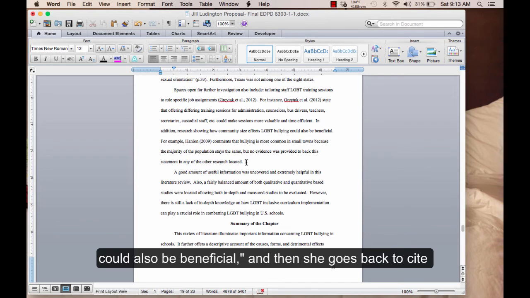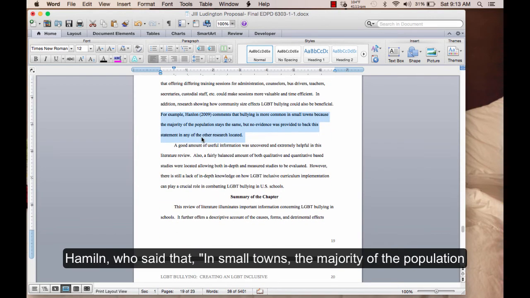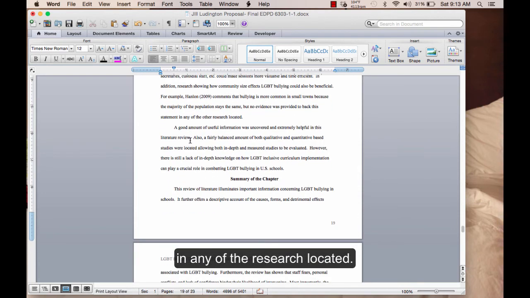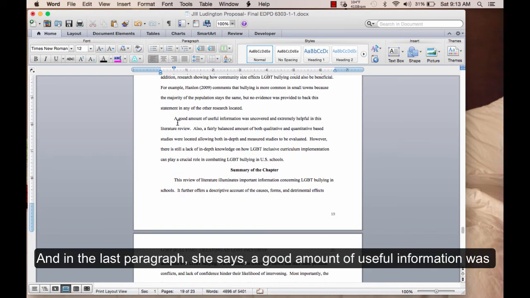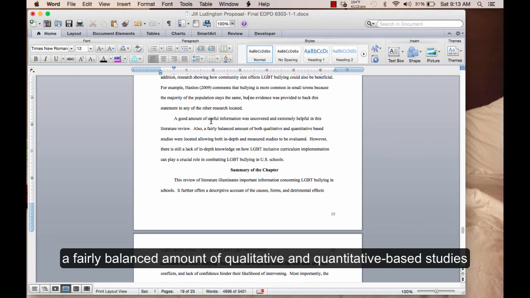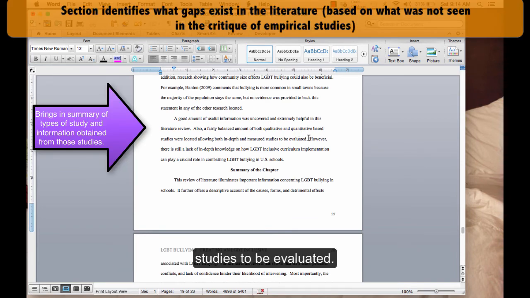And then she goes back to cite Hamlin, who said that in small towns, the majority of population stays the same, but no evidence was provided to back up this statement in any of the research located. And in the last paragraph, she says a good amount of useful information was uncovered and extremely helpful in this literature review. Also, a fairly balanced amount of both qualitative and quantitative based studies were located, allowing both in-depth and measured studies to be evaluated.